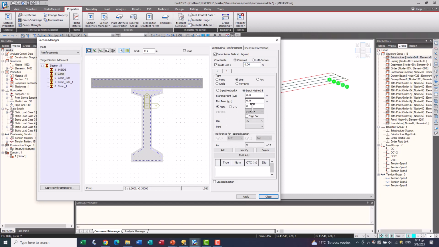So here, let's say that I have every 150 millimeters a bar of, let's say, 360, and this is part 1 and the top slab is part 2. So I will choose part 1 and I use also edge bars. Okay.